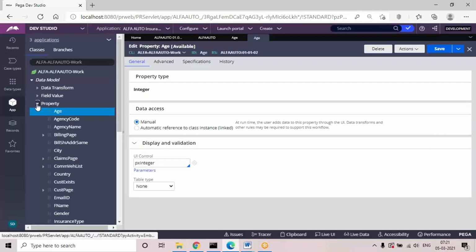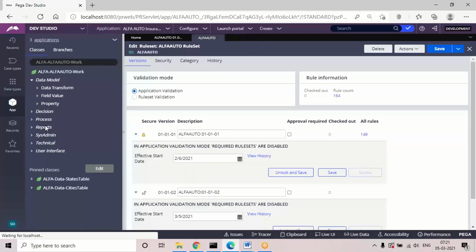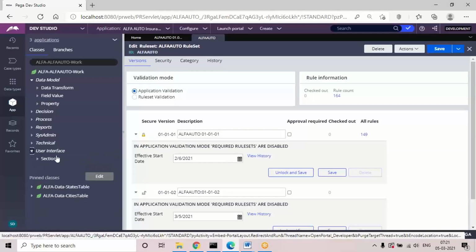Now if I want to make any changes or modifications to the customer section or some section, I'm going to open any design.